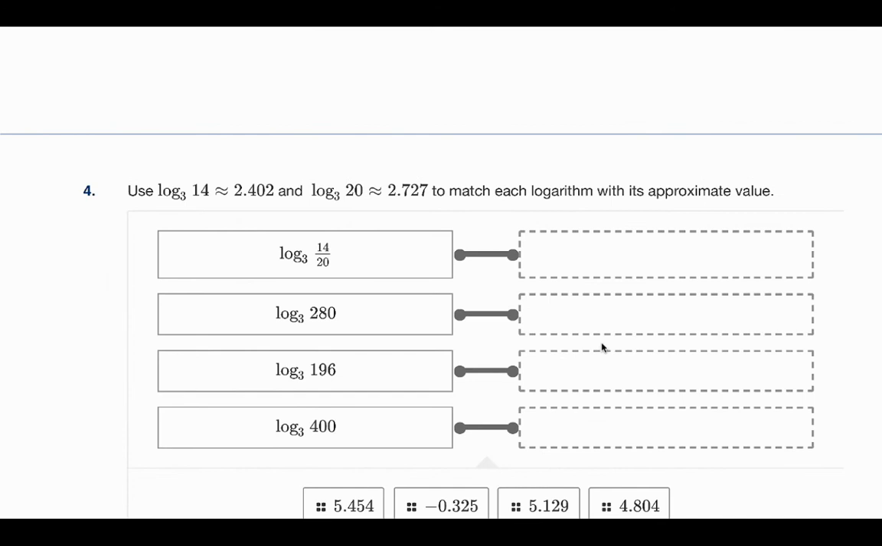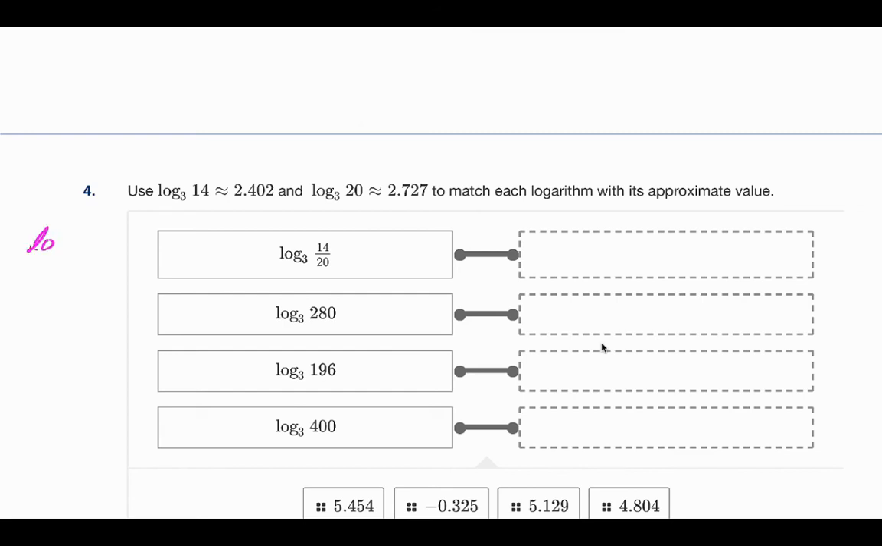Okay. Now on number 4 here, you're going to be looking at some of the properties of logs that we talked about. And you're going to use these two ones to solve for them. All right. So again, let's go ahead and look at them the same way. So I know log to the base 3 of 14 over 20. I can rewrite that using my properties. I can rewrite that as